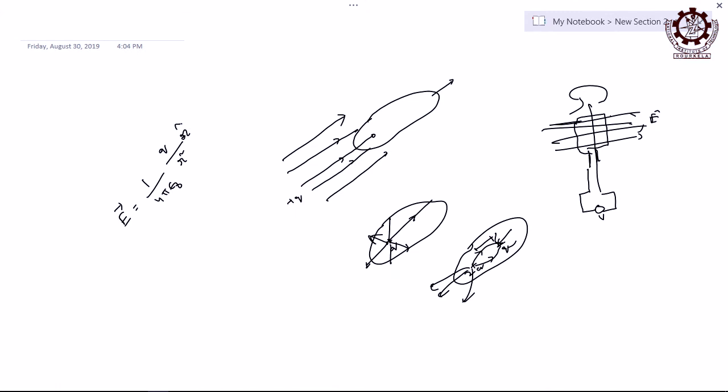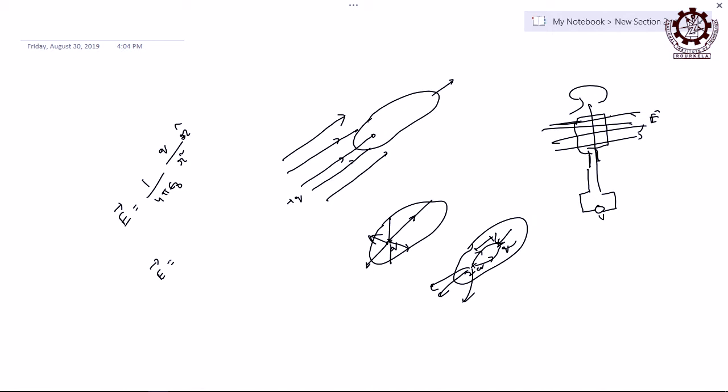Can you write the formula? What will be the flux link with an area with respect to this field? How will you write? If I take the point charge at the origin, what can I write at the origin? It is not at origin, right? Why I am telling, try to understand, this is not at origin, right?